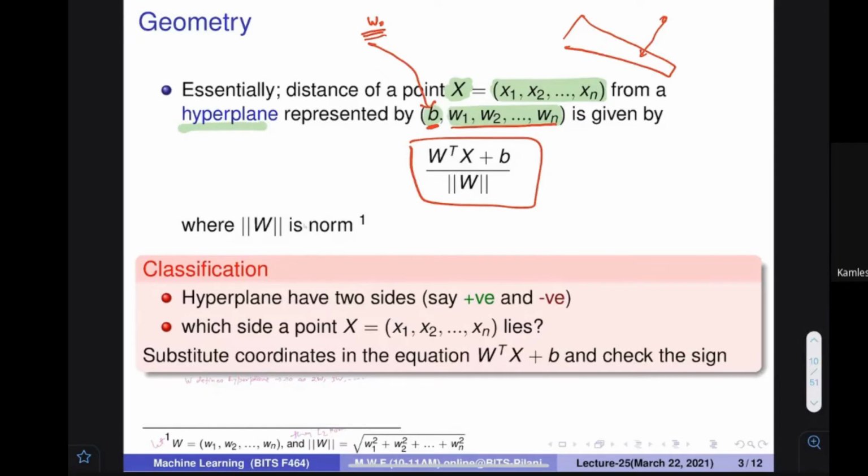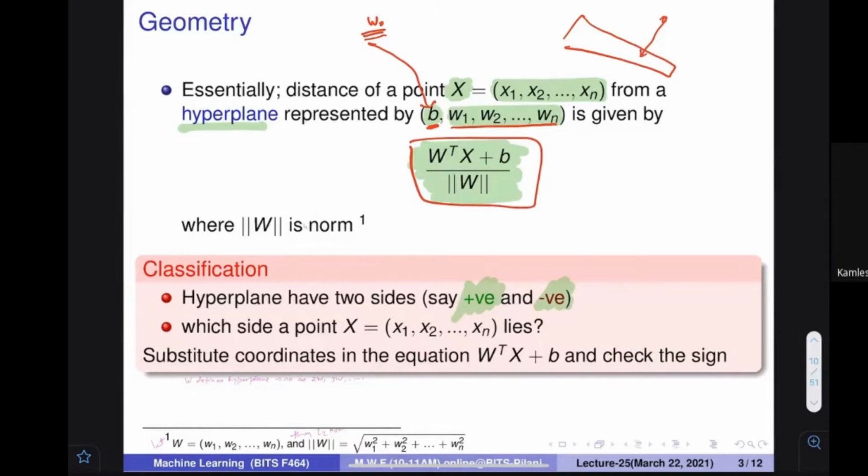One very important thing is that the property of the hyperplane is that it separates the region. If there is a hyperplane, it means the complete space is separated into two parts. So for classification, we are happy that we can utilize one part as positive and another part as negative. If we want to understand whether a particular point is on the positive side or the negative side, we can utilize the same formula. If the value comes out to be negative, it means that it is on one side.